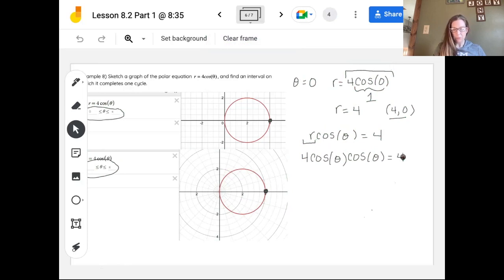equal to 4. Well, if I divide both sides by 4, I'll end up with cosine squared of theta equal to, well, 4 divided by 4 is 1. And so where is cosine equal to 1 or negative 1 when we take the square root of both sides? So where is cosine of theta equal to positive 1, and where is cosine of theta equal to negative 1? Well, cosine of theta is equal to 1 at 0, and cosine of theta is equal to negative 1 at pi. So our first cycle completes between 0